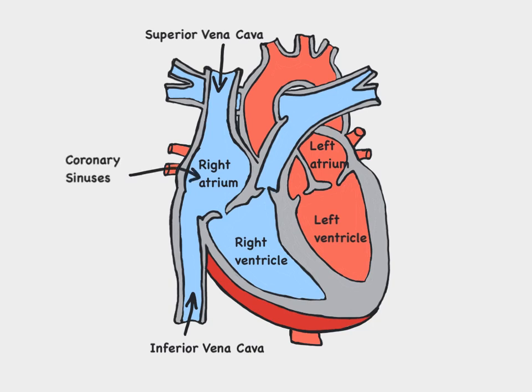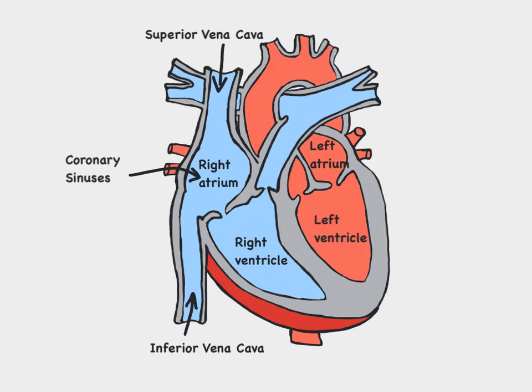Now, we don't see the actual coronary sinuses on this picture because the coronary sinuses are coming from the heart itself. Now, remember, the heart is an organ made up of tissues and cells, and so it needs its own blood supply in order for those cells to stay alive. And from that blood supply is going to come deoxygenated blood as well, and it comes from the coronary sinuses. So the coronary sinuses are emptying deoxygenated blood from the heart itself into that right atrium. So we're getting blood from the superior vena cava, the inferior vena cava, and the coronary sinuses all coming into the right